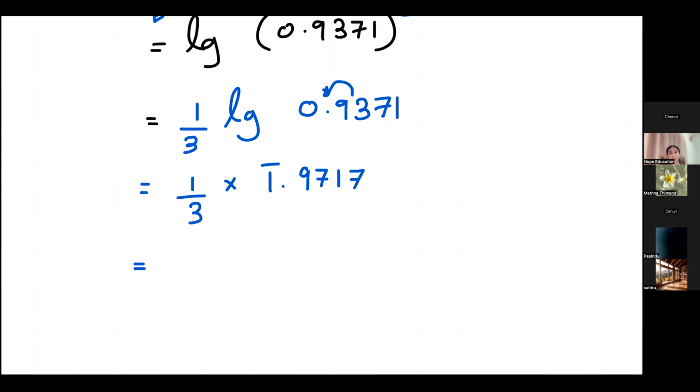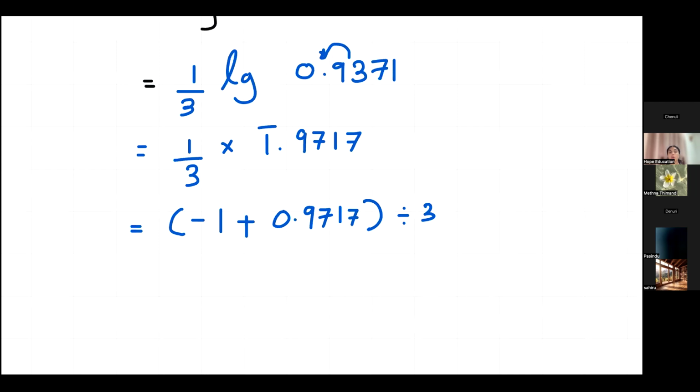Now, how do we do this? So I will write it like this. Bar 1.9717, I will write as minus 1 plus 0.9717 divided by 3. Now, we have a negative characteristic which is not perfectly divisible by 3. Then